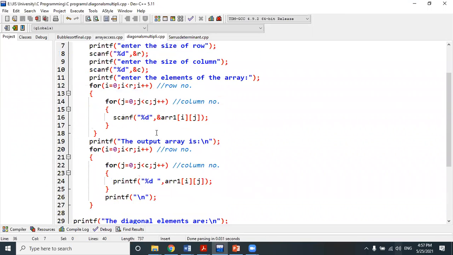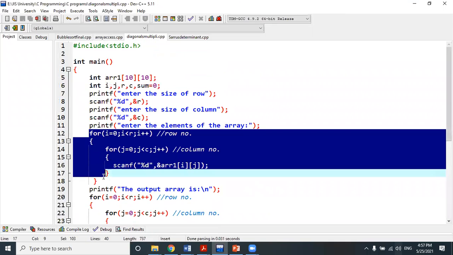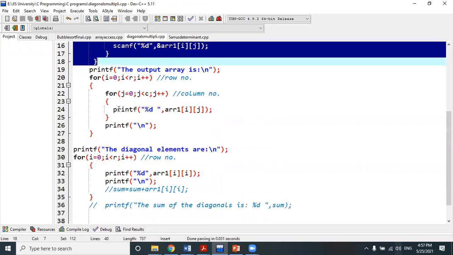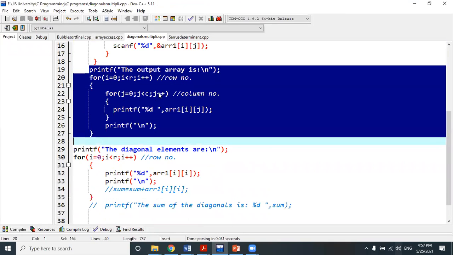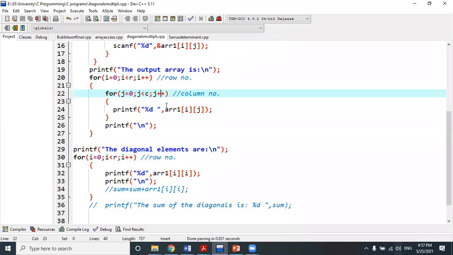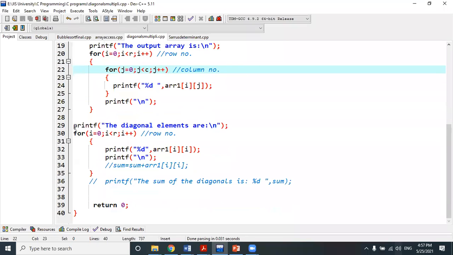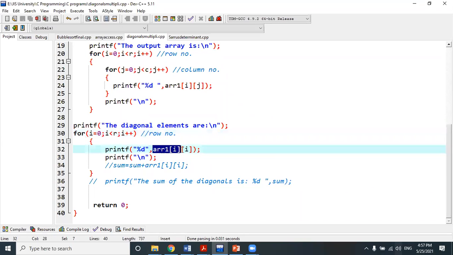Look, in this program, one matrix I have taken as input through the scanf. That matrix I have printed just for checking purposes, and the matrix has been printed correctly. Then this is the operation to print only the diagonal elements. A simple for loop I have run from 0 to R, and I have just printed a[i][i]. Why i? Let's check it out.